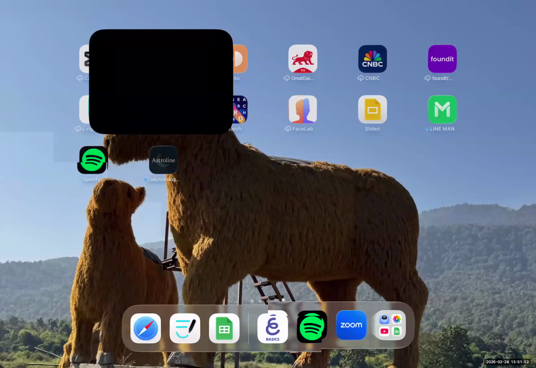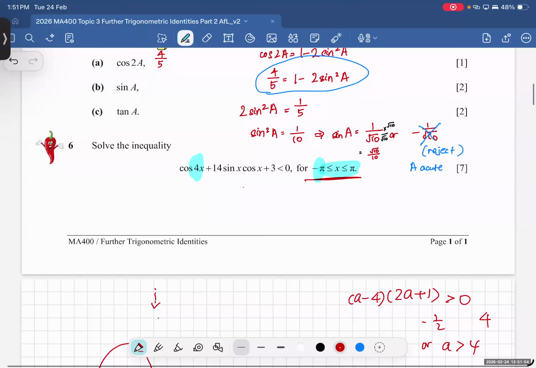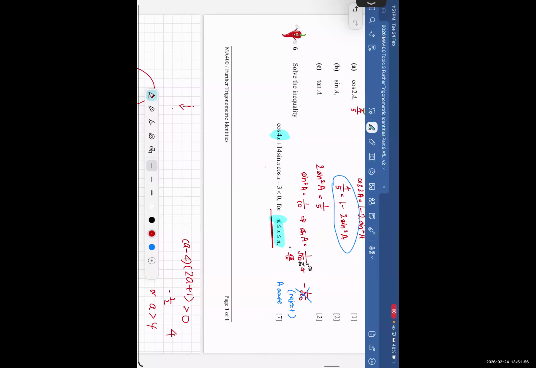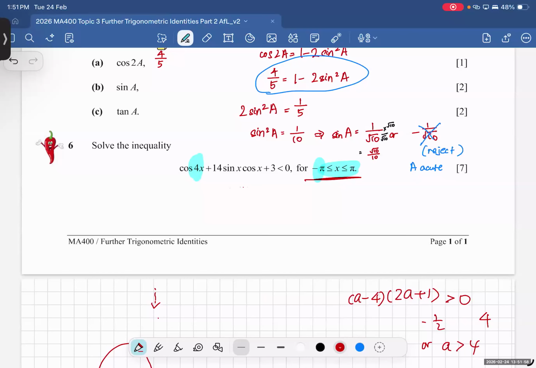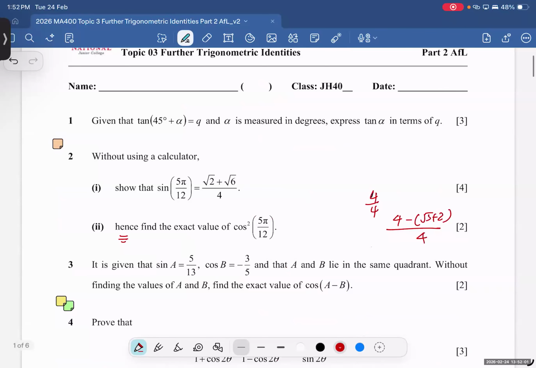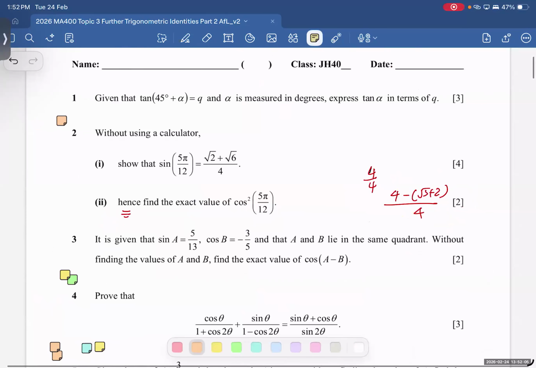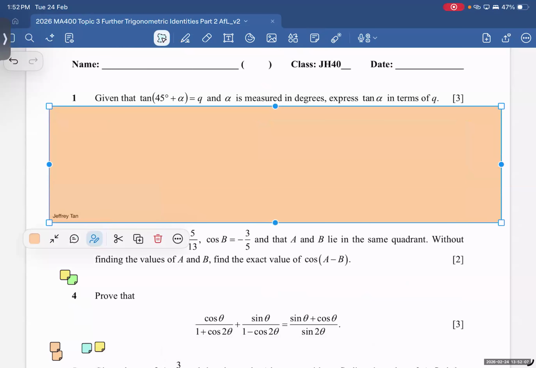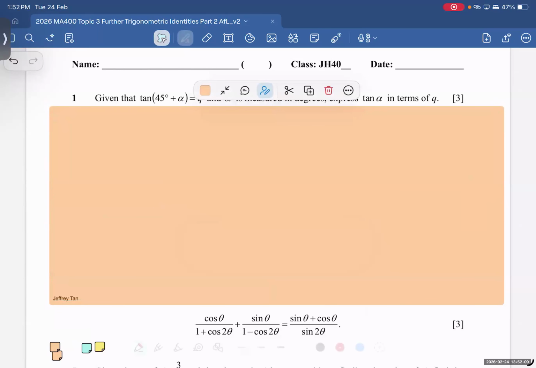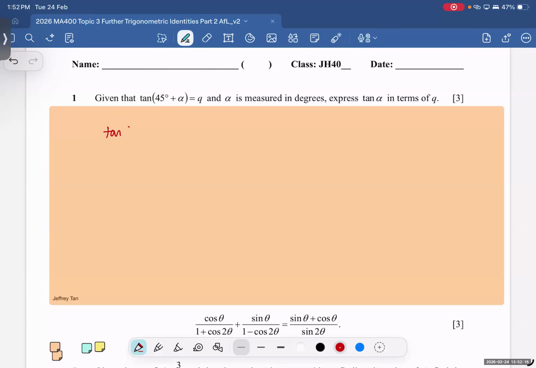Okay, for the purposes of recording, I'm going to start talking for the last few minutes. Please feel free to ignore me, okay? First, I will talk about question 1. Question 1 basically is just making the subject the same. So we know that this is tangent A plus B. So it will be tangent A